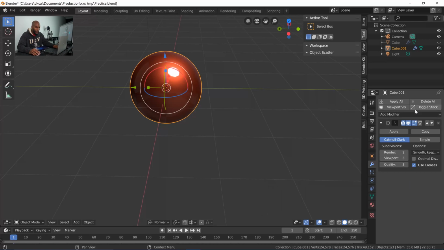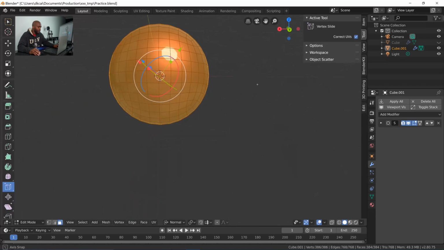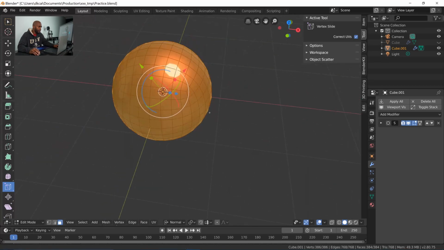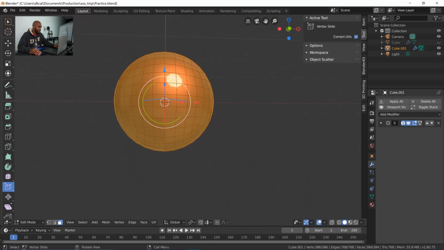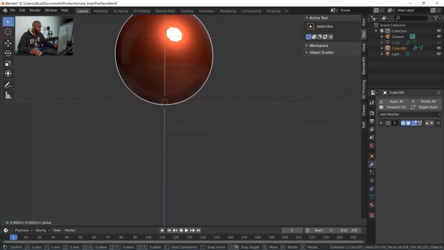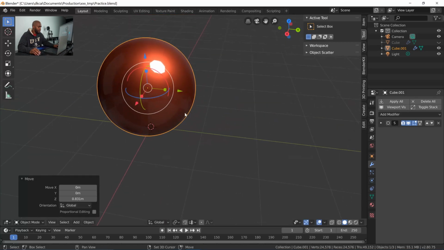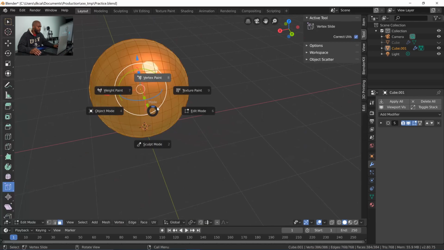I think this is where we ended off last time, where we have this perfectly modeled, let me put this in global mode, perfect sphere with all quads going around it. So what we're going to do is go into edit mode here,